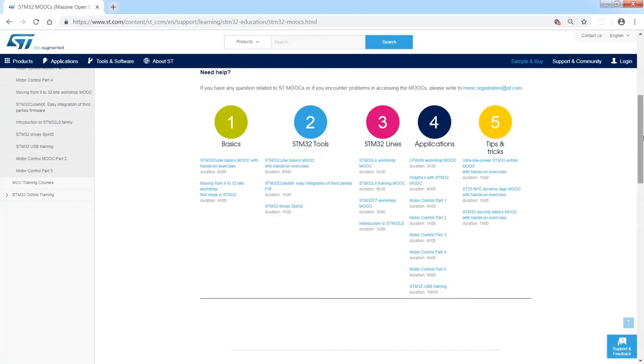You can find here 5 different groups of trainings: basics, STM32 tools, STM32 lines, applications, and tips and tricks. You can start from basics if you are new to the STM32 world. Then you can find some dedicated sessions about STM32 tools. Then if you are interested in STM32 lines like L4, F7, G0, L0, you have some set of dedicated training